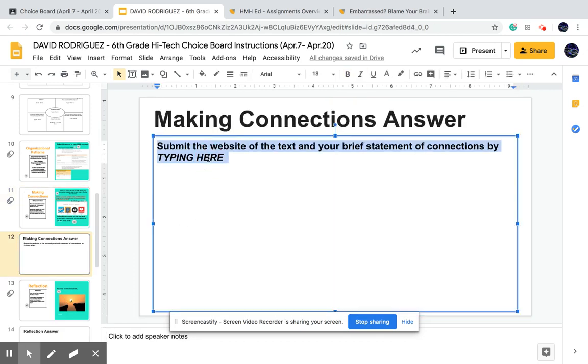So this one has to do with Embarrass, Blame Your Brain because, and explain it, okay? Remember, text to text, text to self, text to world. How did it connect from you to the story, or from the story to another story, and from the story to another. Okay, so make sure you're answering on here. I am sending back the ones that did not complete it the right way, okay, and